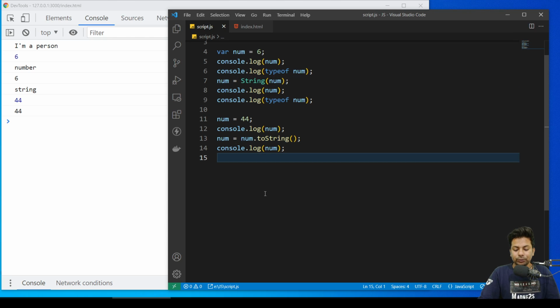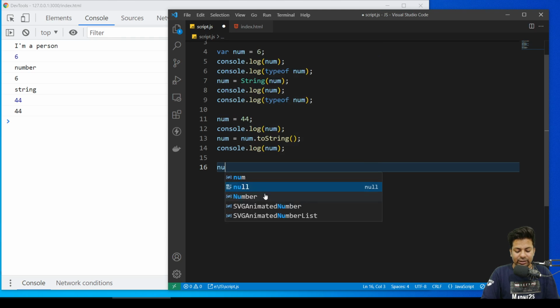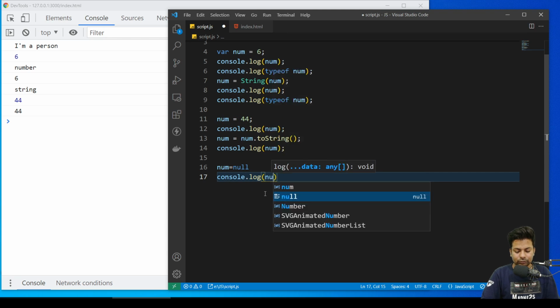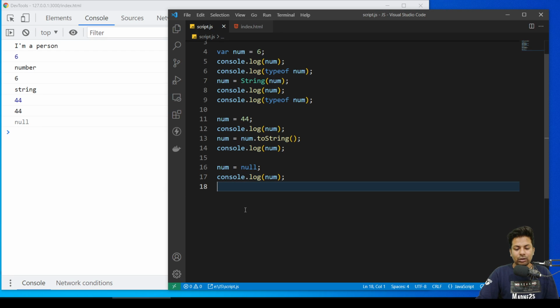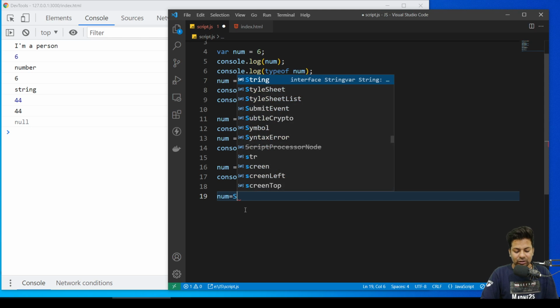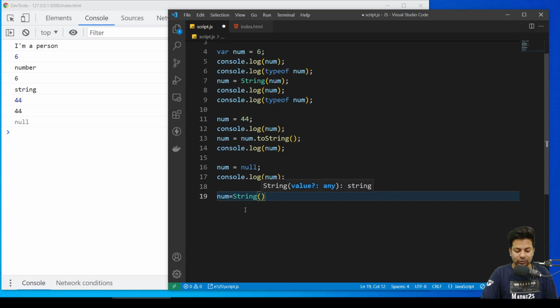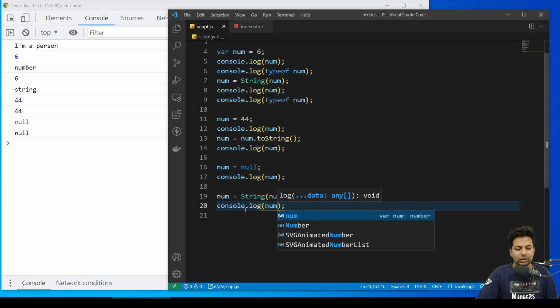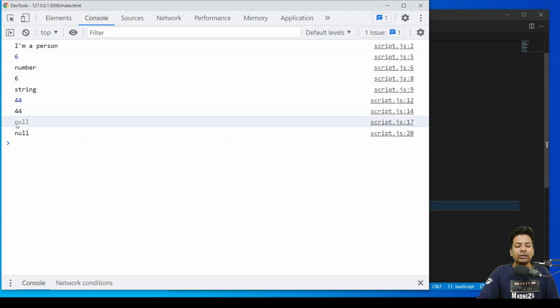Let me show you. Suppose there is a null, I'll say num equals null. See, null. Now you want to change this null. You say num equals String(number), console.log num. See, it changed null to a string.